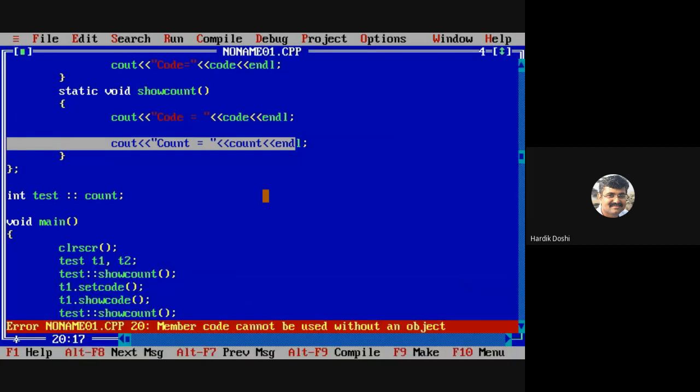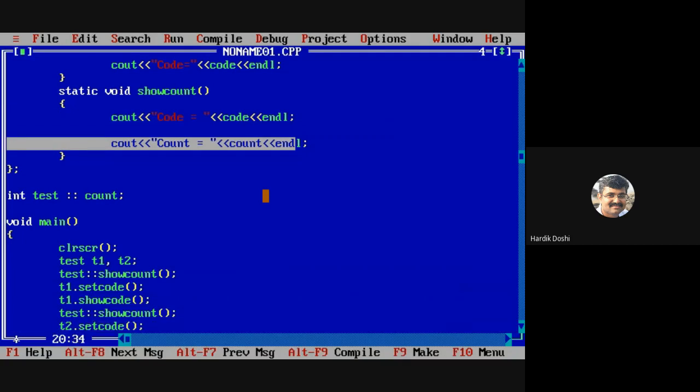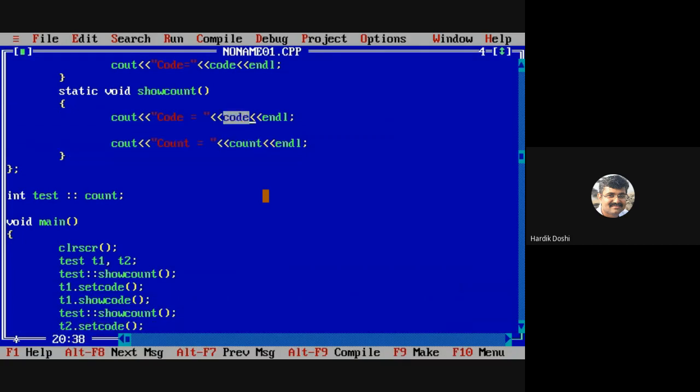The error is on code. This code is the error. Why? Because static functions cannot access non-static members.